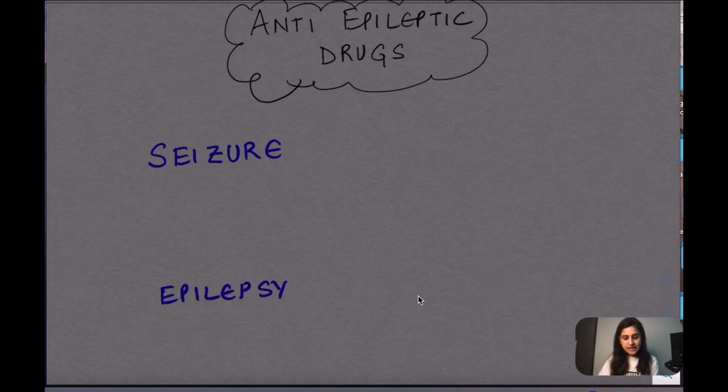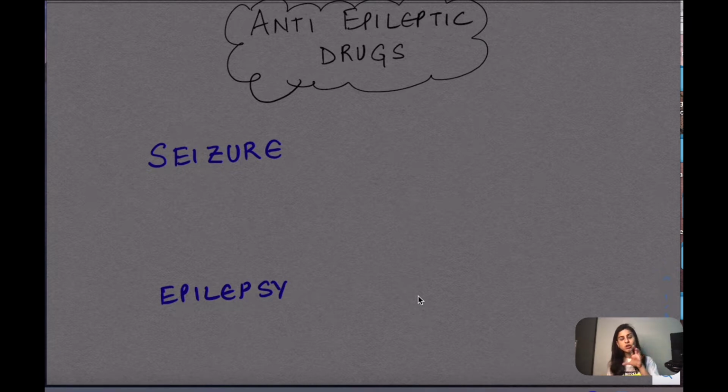Hello. So we start with a new topic in the central nervous system, and that is the anti-epileptic drugs. Now, this is a very important topic as far as the central nervous system is concerned. Anti-epileptic drugs are important because epilepsy has become pretty common, so a medical student ought to know about all the anti-epileptic drugs, whether they are the older ones, the new ones, the cheaper ones, the expensive ones, and everything. That's why they are so important for examination, whether it's a university examination or your entrance examination, any kind of examination. Anti-epileptics become a very important part of your examination.